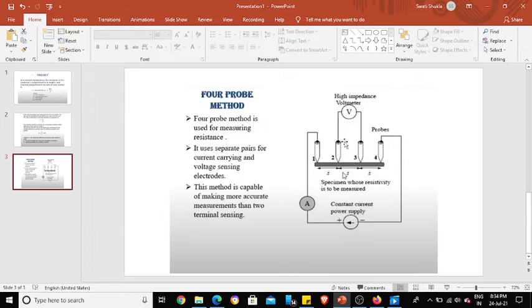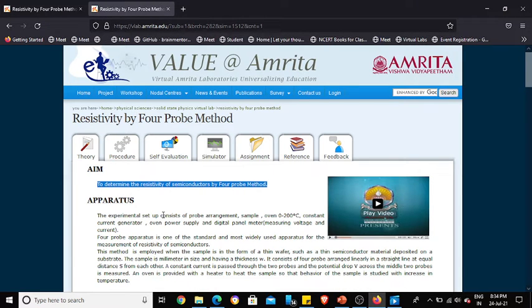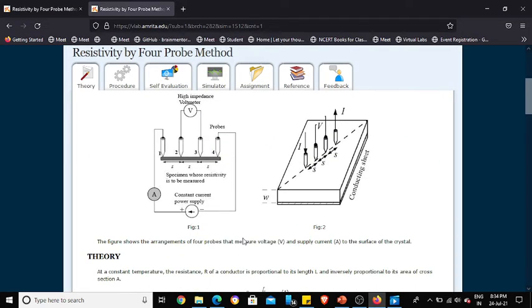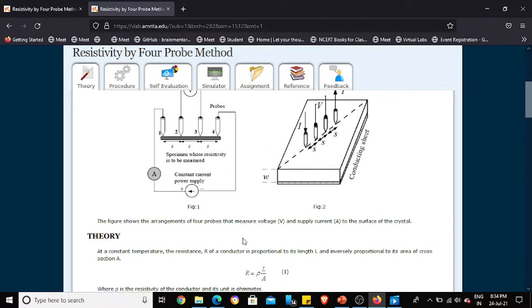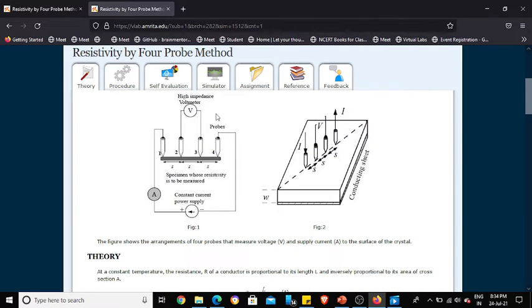Therefore we have 4 terminals. If we didn't use 4 terminals, the contact resistance of the ammeter connection and the supply voltage would all come into the picture. So to get an accurate reading, we use 4 terminals. And the second concept is a DC supply. In this figure they haven't marked the polarities, but in the circuit we should always show the polarity. And it is DC, not AC supply, because V by I is equal to impedance. So this was all the theoretical part.